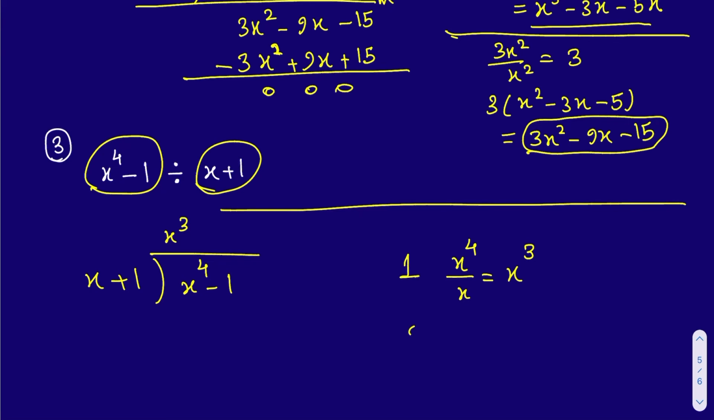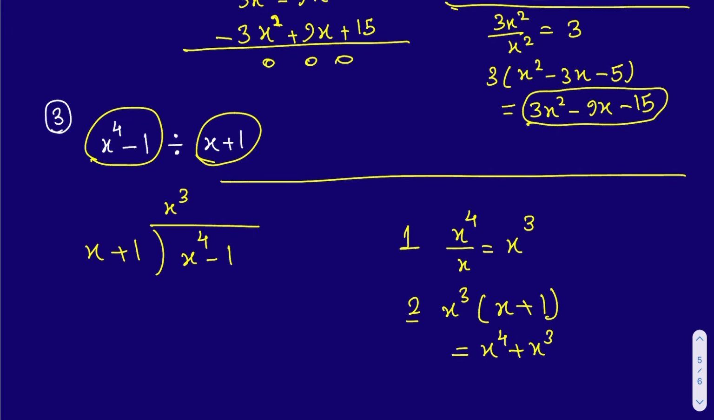This is step number 1. Step number 2, I need to multiply this x to the power of 3 by the whole divisor. The whole divisor is x plus 1, and the answer will be equal to x to the power of 4 plus x to the power of 3. So I will write it now below the main polynomial, x to the power of 4 plus x to the power of 3. Now I will deduct it from the polynomial above, and that means I need to change the sign. So this will be negative, negative, so this will cancel out each other, and the answer will be negative x to the power of 3 minus 1. Okay,